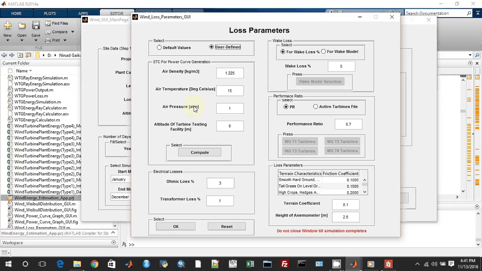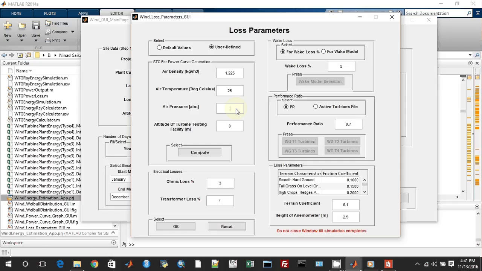But if we want to customize this, or maybe there is some vendor who is not using these standard testing conditions, maybe 0.8 somewhere due to the height, that is 100 meters maybe, so we can compute and use this air density